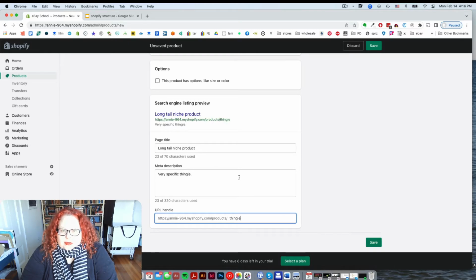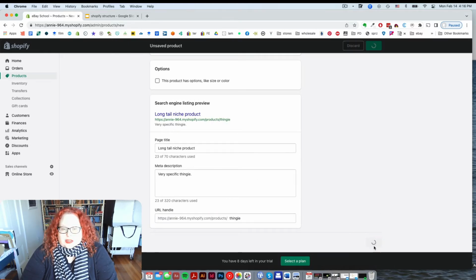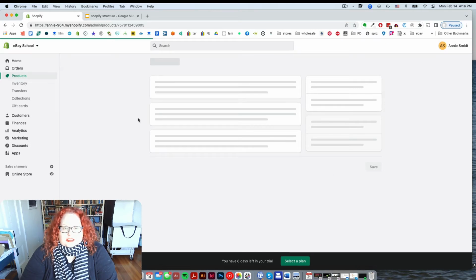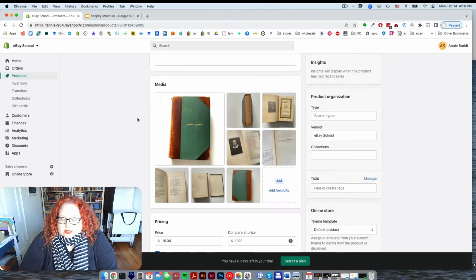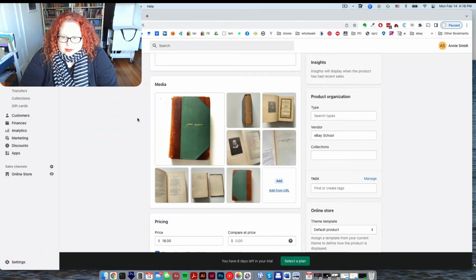And when we're done, we hit save. And as you can see, you didn't have to fill in all those fields. That was just showing you all of them. Oh, my pictures aren't upside down. Okay. But if they were,